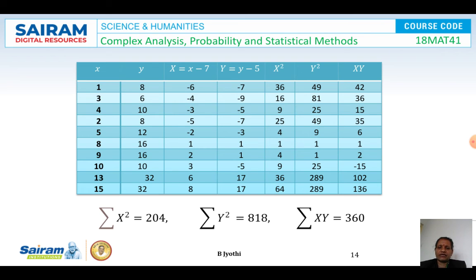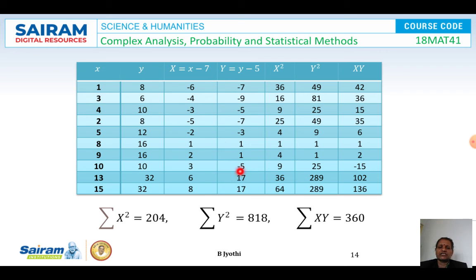That is x is given by the values in the data, and y. Next capital X, which is to be calculated as I explained in the previous problem: x minus x bar where x bar is 7. So let us calculate 1 minus 7 which is minus 6 and so on. Similarly, capital Y is given by y minus y bar, where y bar is 15. So y minus y bar means y minus 15. For each of these y values we need to subtract the mean. That is 8 minus 5. These are all the values we will be calculating here.